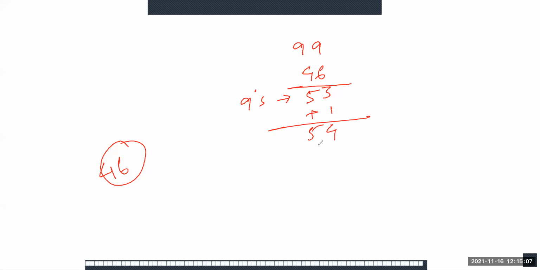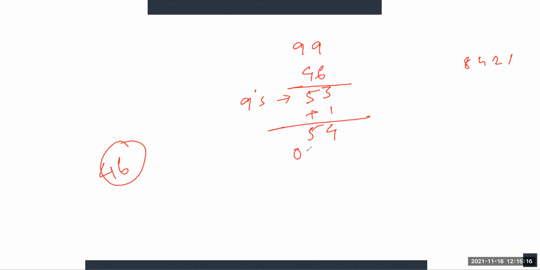So in BCD form, that is 0 1 0 1 and 0 1 0 0. So you can omit or neglect the leading 0 also. So it is 1 0 1 0 1 0 0. This is the tens complement of this number. I think it is clear for all of you.